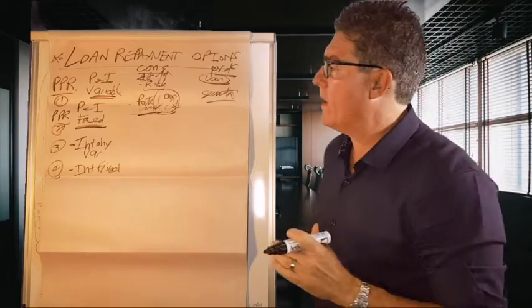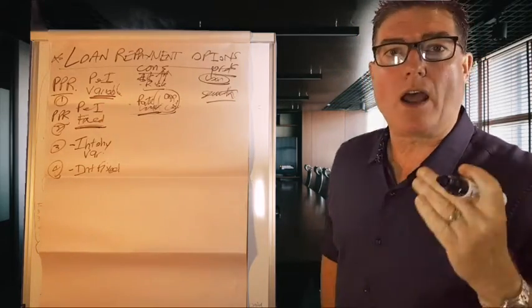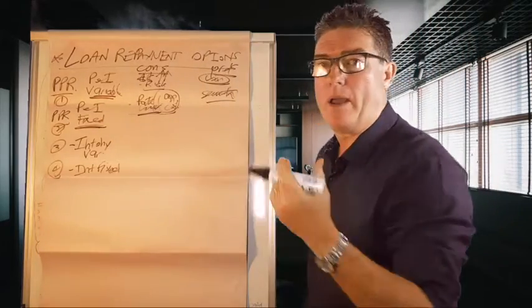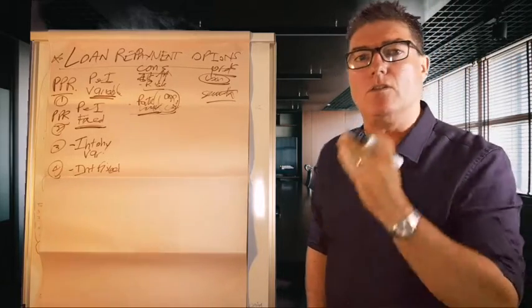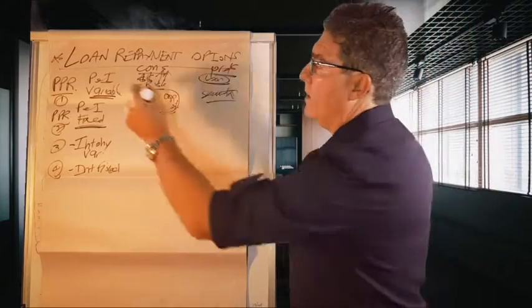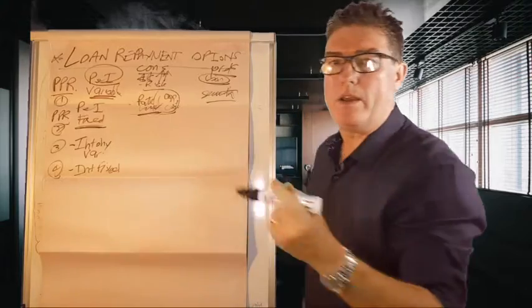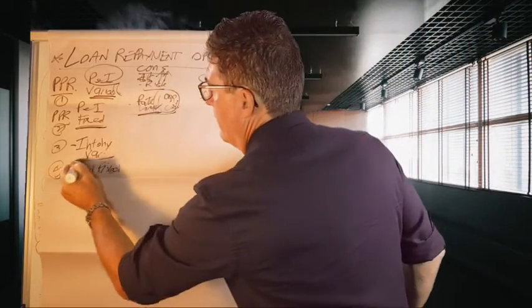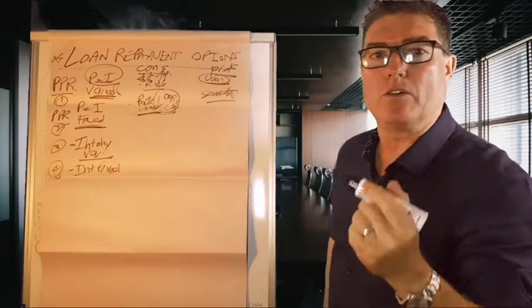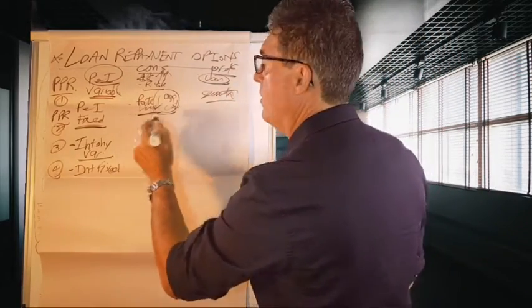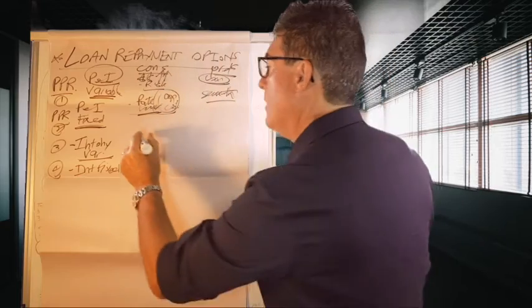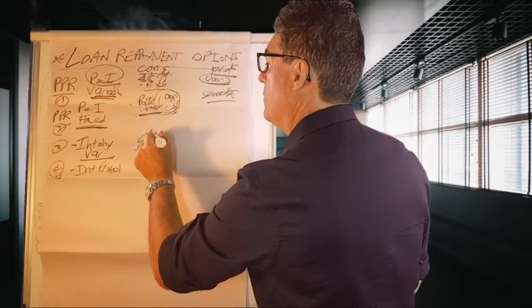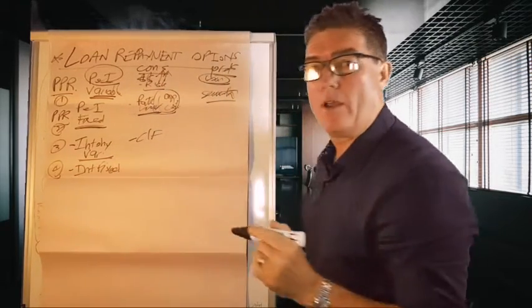Now, when we go down a little bit lower, we've got other options. Sometimes the banks may offer it up, and this changes, it goes in cycles. Most banks are going to say P&I, but in many cases, depending on banking, it's always based on supply and demand. You can get interest only, and interest only and variable. With interest only, remember, you're only paying the interest component of the loan, not the principal, so your actual cash flow is increased because there's less money going out of your pocket.